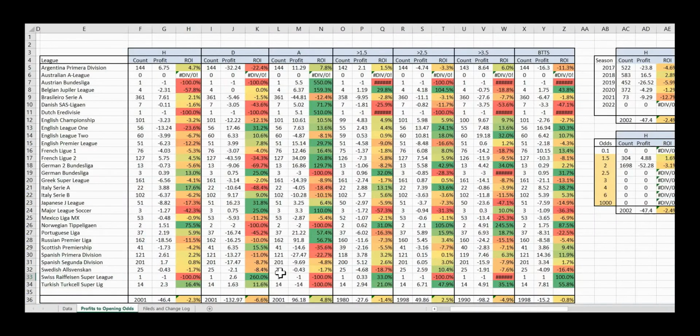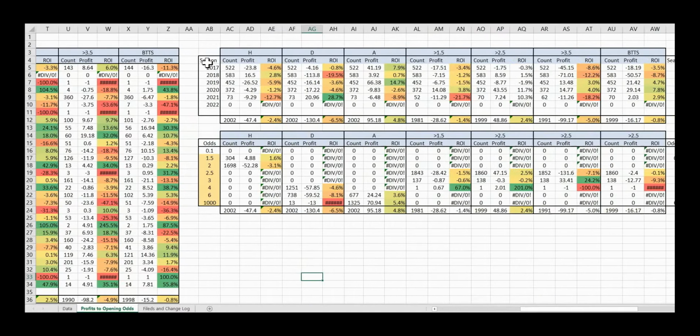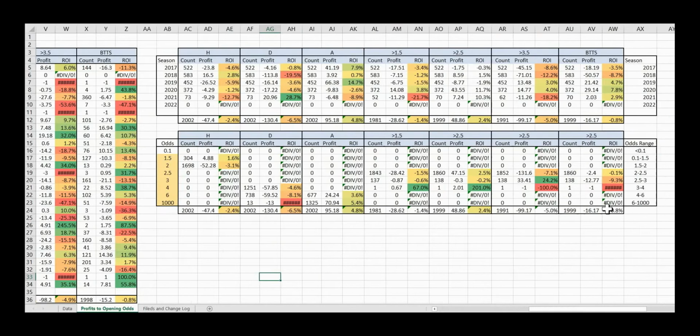The first section here is just showing profits by league. So again, the overall number at the bottom here will be the same, but it shows you how profitable it is to individual leagues. And then similar, scrolling across, it shows profit by season and then also profits by odds range. These numbers here can be changed as necessary to look at it from kind of smaller increments if necessary. And here on the right will show you the ranges that's actually given by the corresponding numbers here.